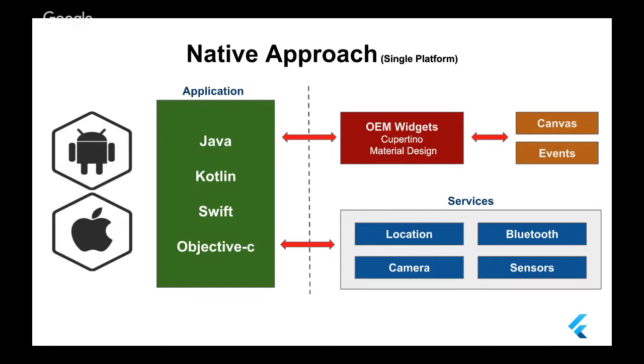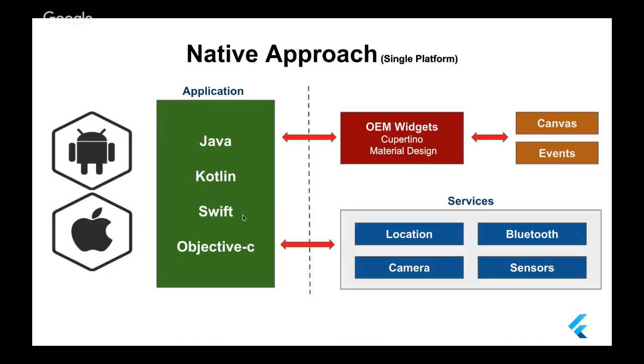For the native approach, or single platform, or native development method, you check the operating system language. In the Android case, you will develop your application using Java or Kotlin. And if you ask me, I want to start developing a native mobile application for Android, which language should I use, Kotlin or Java? My advice: start with Kotlin, because Google now says it has Kotlin-first support, and there are a lot of SDKs and a lot of lessons now talking about Kotlin on Android, and a lot of new features that were not available before when using Java. So if you want to develop a native application for Android, start with Kotlin.